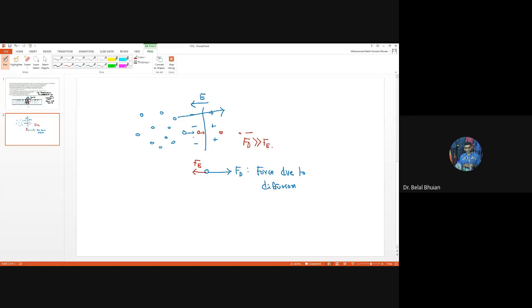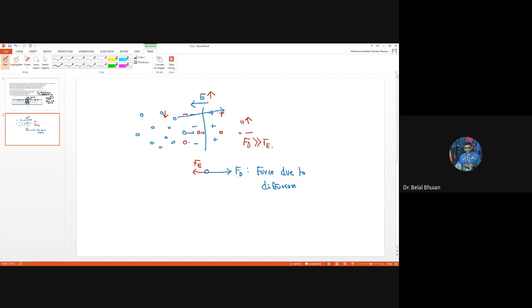Now we know that as soon as the hole moves over here, what do we have? We have a negative charge exposed, and also we have a positive charge exposed. So that means one more hole transfer leads to the electric field going up. And since the number of holes has decreased by 1 here, and the number of holes has increased by 1 here,